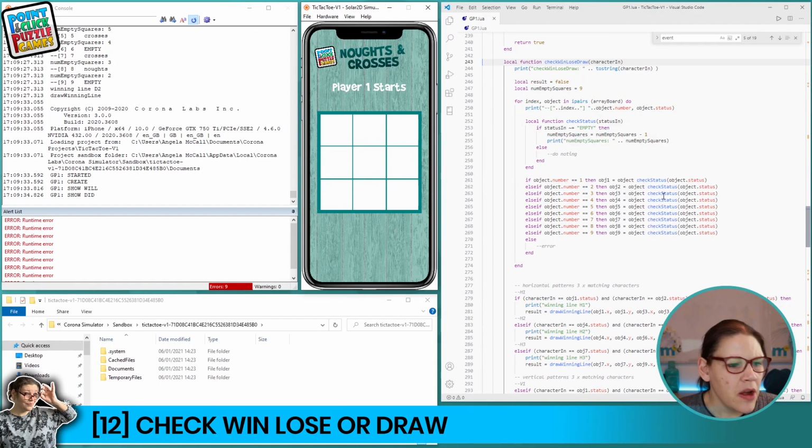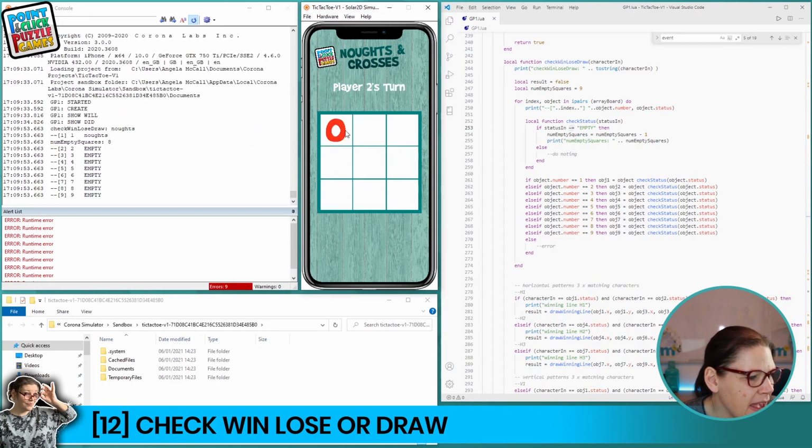So as we call the object, we send the object status up here, we've just got a little local function, and all that is doing is checking for the non-empty spaces. So basically we've got 9, and every time it finds a non-empty space, say for example I put in a character here, obviously this is now not empty, so it's found one of them, and it means that we can just count down from 9 to 1, and that gives us the result of the number of empty squares left. So obviously if we've got 9 boards, we've got 1 filled, that means we've got 8 left,